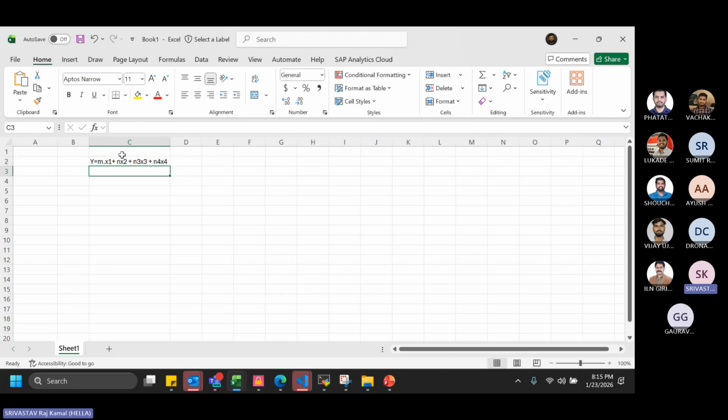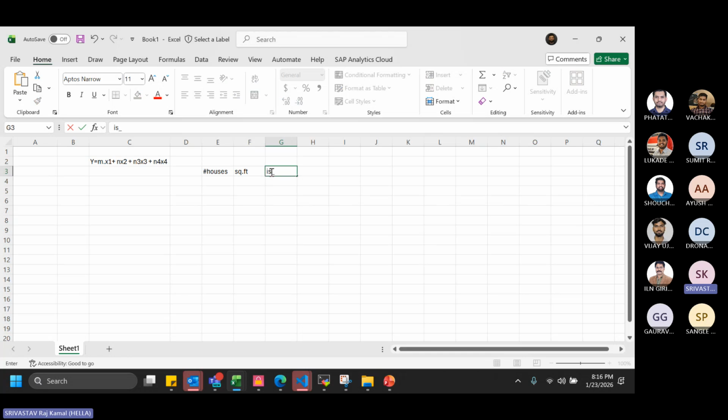Okay, so now for everyone, what is x1, x2? I'll give you a very good example here. It's easy to understand if I relate it to something real. The x's are the number of houses, square feet, and let's say the number of balconies, just keeping it numerical. And then the output variable y is the price.